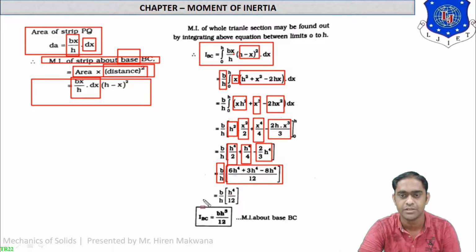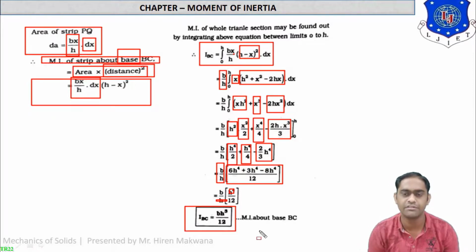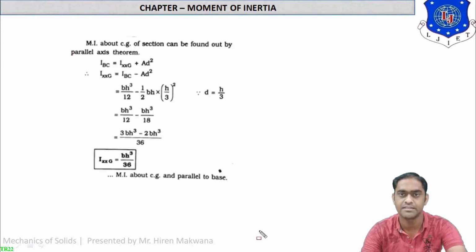LCM will be 12. So by simplification, one h is cancelled out and the final answer will be bh cube by 12. It will give the moment of inertia about base BC. So the moment of inertia about the base of the triangle is bh cube by 12. In the rectangle it is bd cube by 3 about the base. Let us see the moment of inertia about